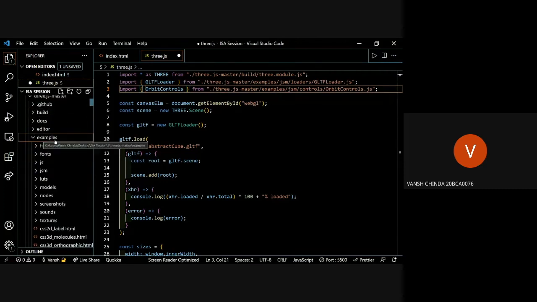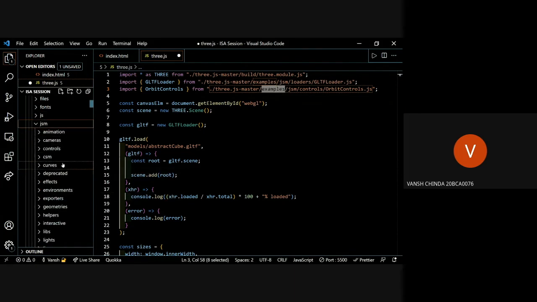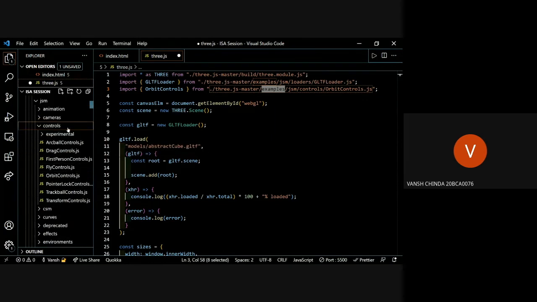I don't know why this folder is called examples, but it basically consists of all the tools you require to work with 3JS. So I imported from the JSM folder camera. You can import cameras, like the cinematic camera. I imported controls, I imported orbit controls. Their fly control is really cool. You can learn how to use it too. I think it is used for some air traveling games or something. I'll show you some games in 3JS as well. So in the last part of the seminar, we'll look at some great examples.